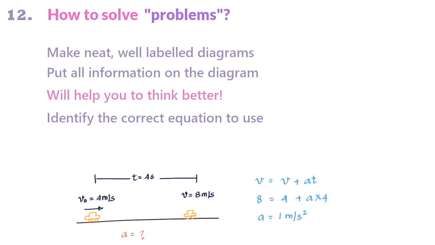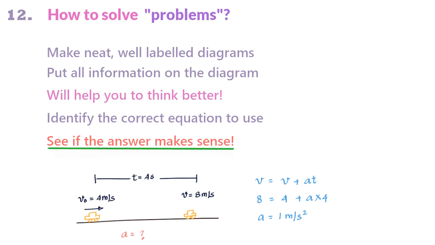And finally, when you get the answer to a problem, try to see if the answer makes sense. Example, if final velocity is more than the initial velocity, even though the body is supposed to slow down due to acceleration in the opposite direction, you should sense that there is some error in the approach. So make use of these steps, and I think it'll greatly improve your chances of